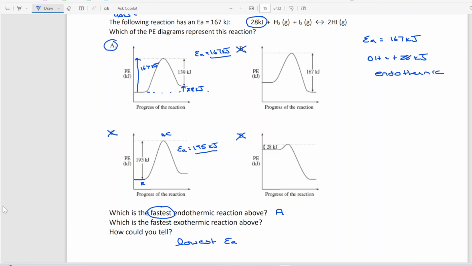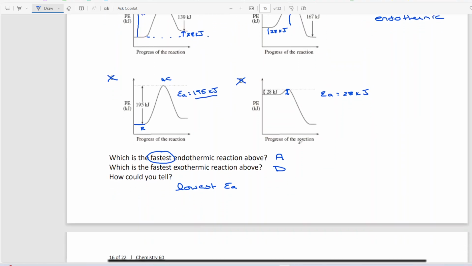So for this one, if you just look at these two, this one definitely, this is the activation energy of this guy. It's going to be that 28 kilojoules. Whereas this one, we don't necessarily know which one it is, although we do kind of guess that they're fooling us into knowing that this is 28 kilojoules in here, which would make this one have an activation energy of 100. Ooh, what's 167 minus 28? 67 minus 28. This one would have an activation energy of 139 kilojoules, which is much greater. So D is going to be the fastest